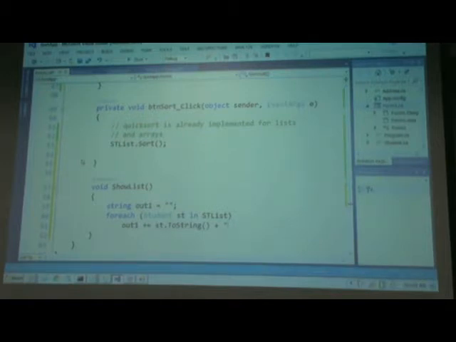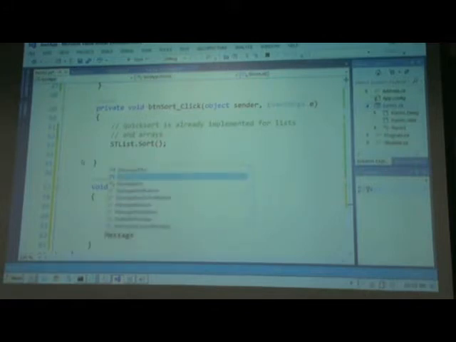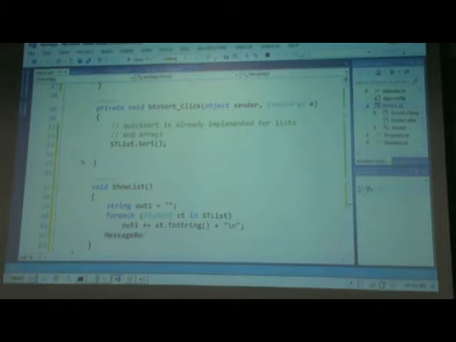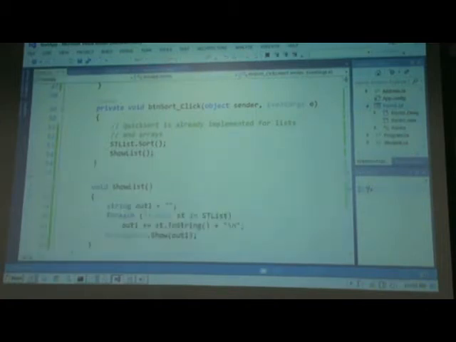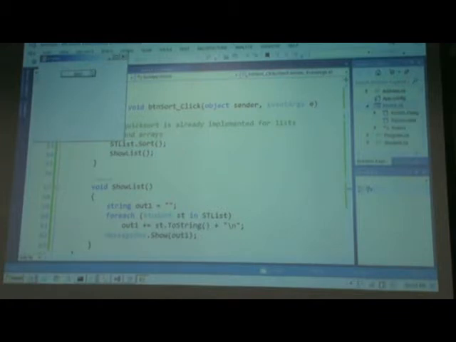And let me put each one on a separate line. And MessageBox.Show output. Right? And over here I'll just call this method after I call the sort to show the results. So ShowList. All right, so now let's run it. Now if I click on the button,